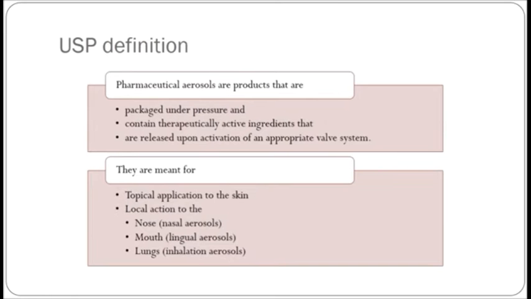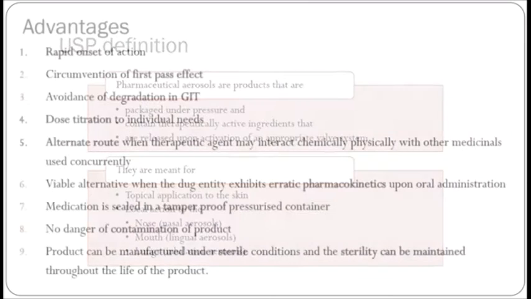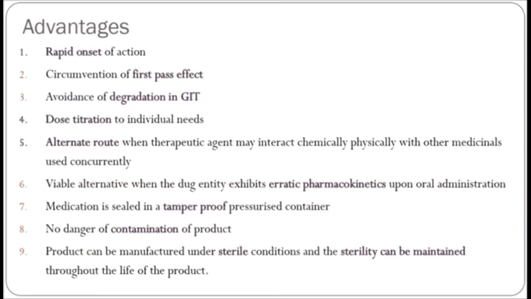The aerosol components are: the first is propellant, the second is container, the third is valve and actuator, and the fourth is product concentrate. We see the first one, propellant. The propellant develops proper pressure within the container and expels the product when the valve is open, and it aids in atomization or in foam production.